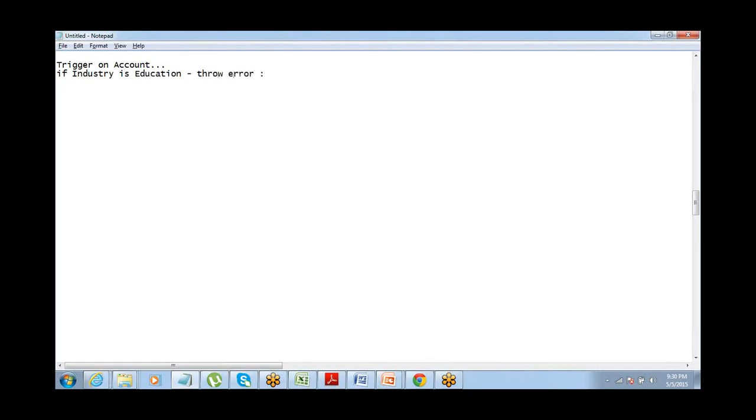Okay, we do not work with education orgs anymore. That's what I want to do. Okay, so can we just go ahead and create this trigger? Just log in into your developer account, create a trigger on account, and if the industry is education, I want to throw an error message saying that we do not work with education industry anymore. All right.